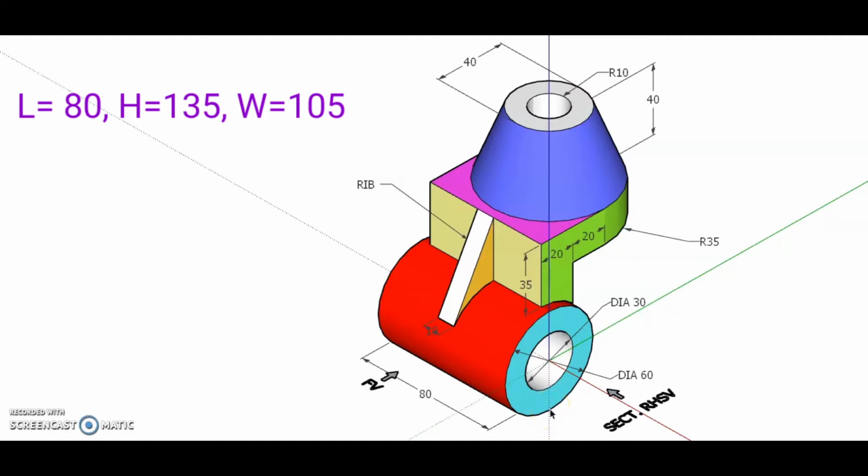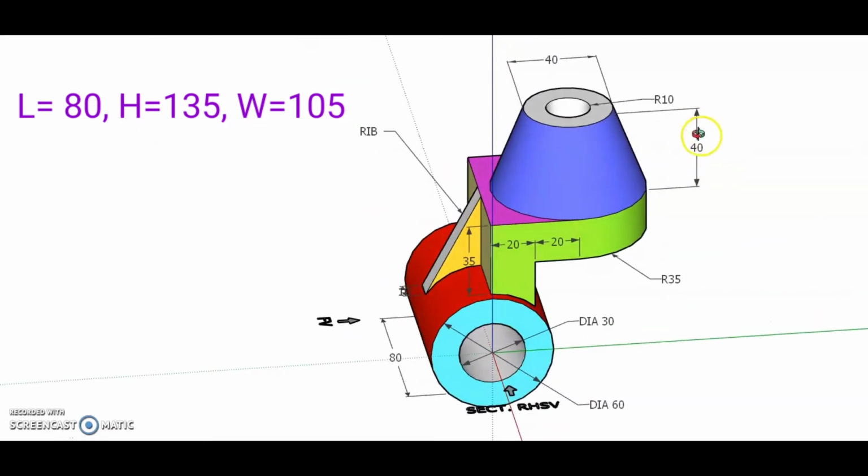As the diameter of this circle is 60 millimeter, this will be the height up to this point. So 60 plus this will be the height, that is 35. So 60 plus 35 will be 95, and this is the height of this truncated cone, which is 40 millimeter.